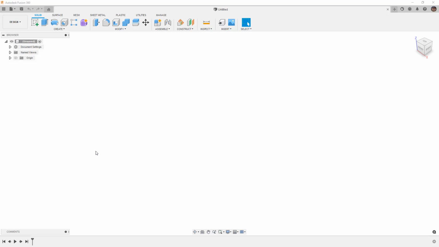So what we're going to do today is we're going to get a little bit of an introduction to text commands, and then we're going to create our very first script. And then we're going to hack one of the sample commands in the add-ins and learn how we can use it to our advantage. So to get started, the first thing we want to do is open a brand new